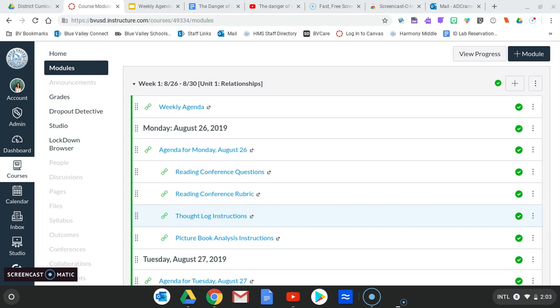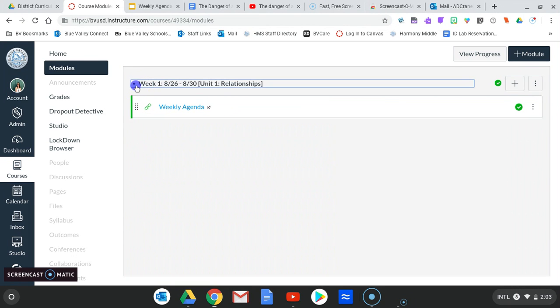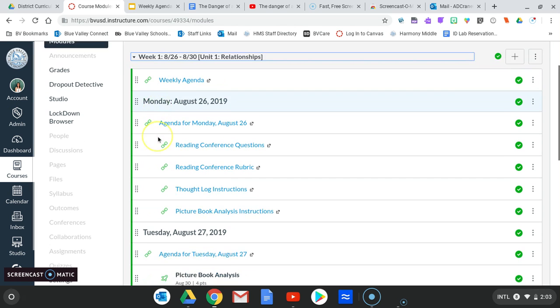So taking a look at my example, you can see the title of my module is here. I recommend naming your modules based on weeks. You'll also notice that I included the unit that this week is associated with, so that's also helpful to me and the students to know where we're at in our learning. But I recommend going on a week-by-week basis, week 1, week 2 in the unit, and then also including the dates for the unit. So I've created this module, and you can see that it's broken down day by day